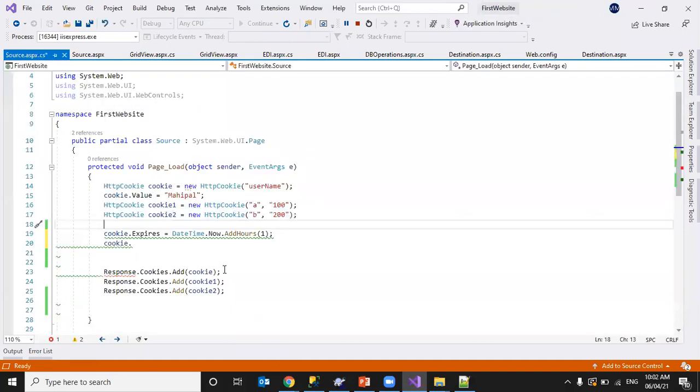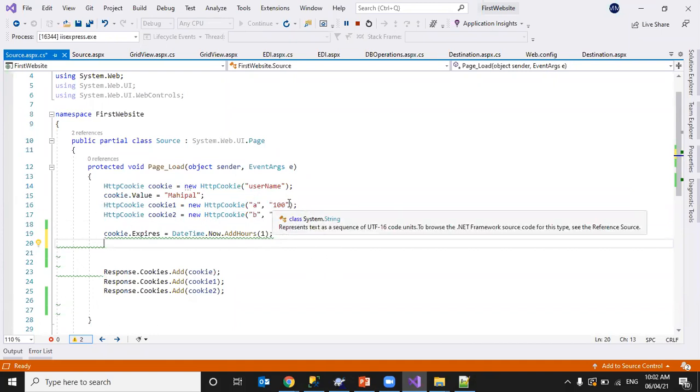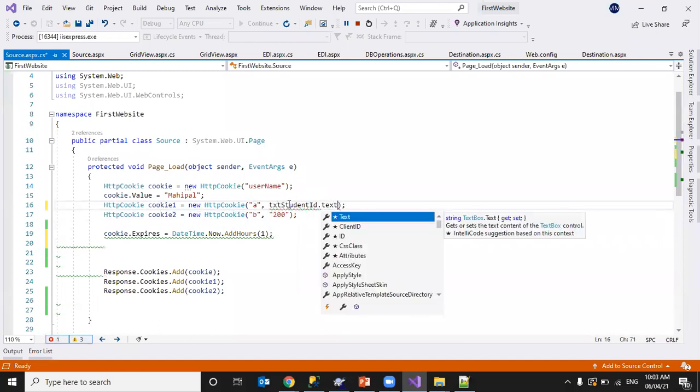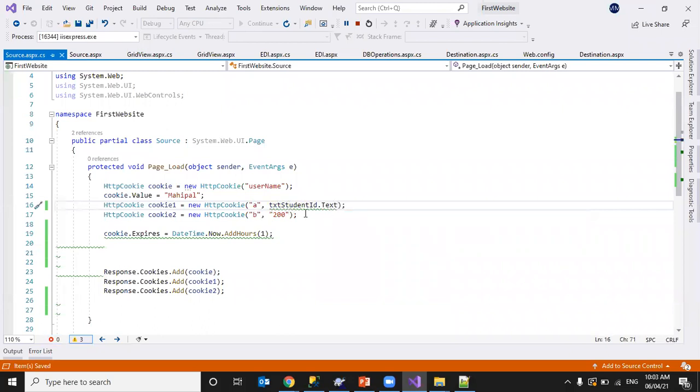Whatever value we enter, we can pass that here in any of the cookies, like A, and we can attach that here. So let me show that as well. Txt student ID dot text. This way we can pass that value in A.